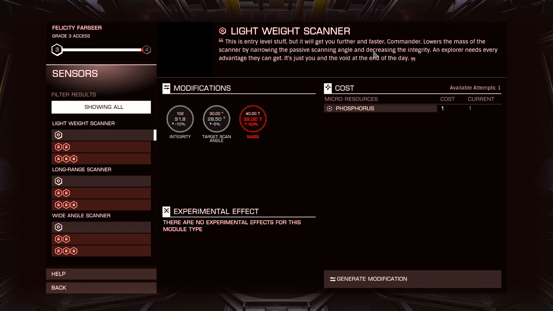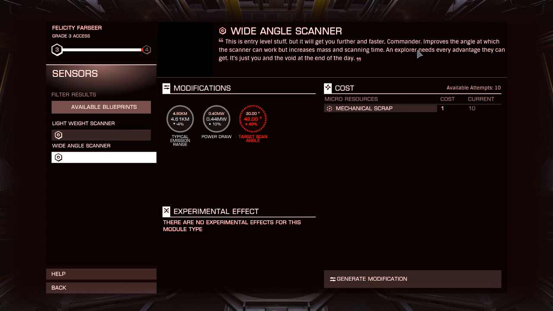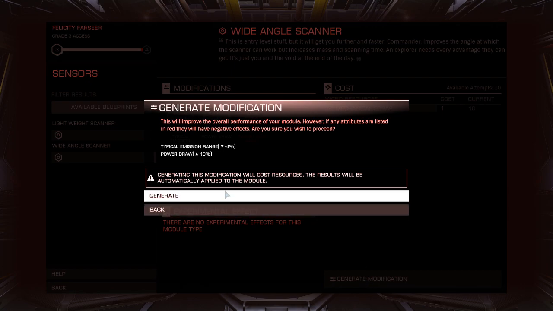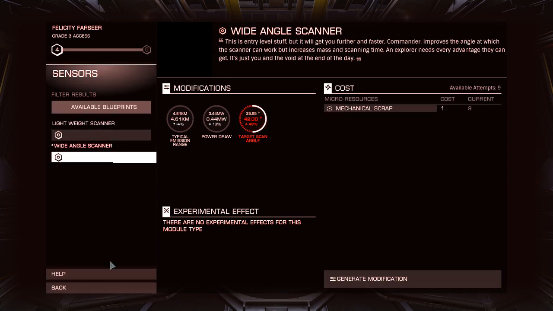Alright, so this is a lightweight scanner. Lowers the mass of the scanner by narrowing the passive scanning angle and decreasing integrity. Or we get wide angle, which improves the angle at which the scanner can work, but increases mass and scanning time. I don't know about either of those. We can get lightweight, long range, or wide angle. Maybe lightweight. I don't like that it narrows though. Let's do the wide angle. Sure. I think that brings us up to 4. Yeah. So now we have grade 4 access,